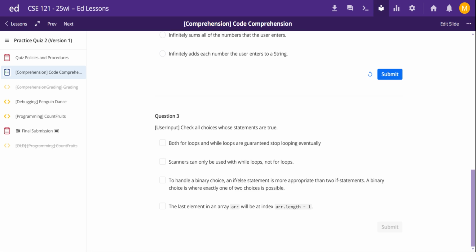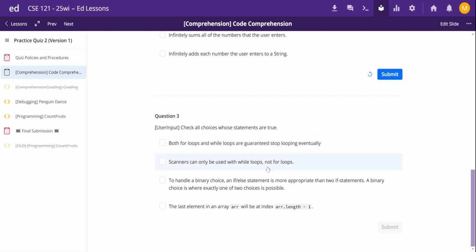So a while loop is not guaranteed to stop because it's something called an indefinite loop, and that means it will run for an indefinite amount of time. If you don't specify, oh, I want to be approaching the condition that will cause me to stop, it could run forever. So this one is not true because while loops don't have a built-in mechanism for updating their condition so that you're going to get closer and closer to stopping. And also, even for for loops, if instead of doing plus plus you do minus minus and you're moving away from the condition that will stop your for loop, you might not even meet it then. So neither of these are guaranteed, so we know it's not true.